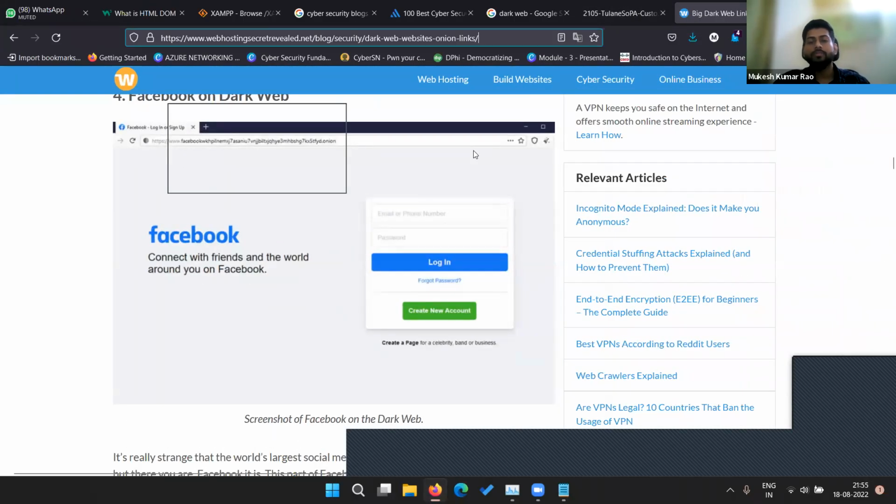Or if you are using some advanced Google searching skills, through that also you can find some data. But still, that is a part of the surface web only, because you are just searching on one Google search engine. If I ask how many different types of search engines there are apart from Bing and Google.